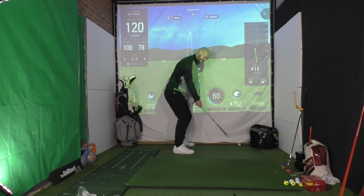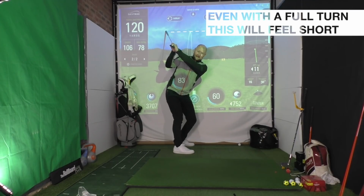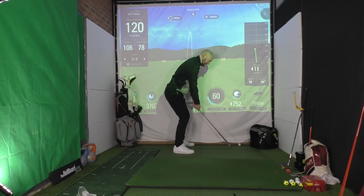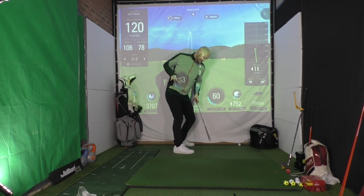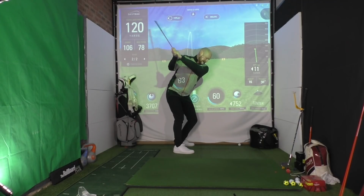So I'd get that feeling of the pivot I've just made, and now I can feel there's some resistance there because I've just got to that point. So it'll feel very much like a three-quarter or half swing to you. If you can get the feeling of turning the bigger muscles, i.e. the torso and your hips, in a better motion here, we're going to be able to get rid of that